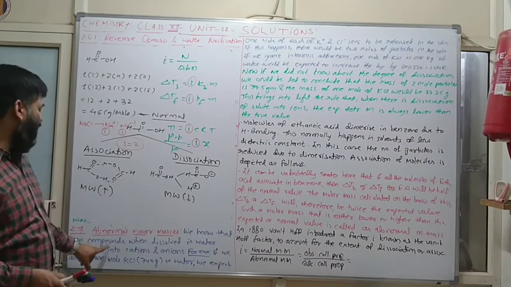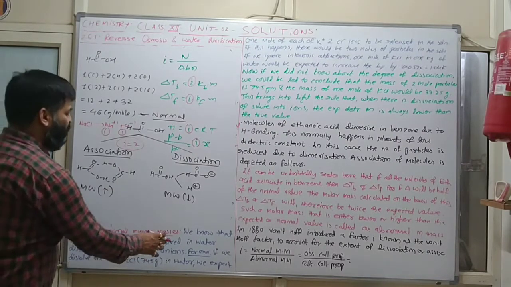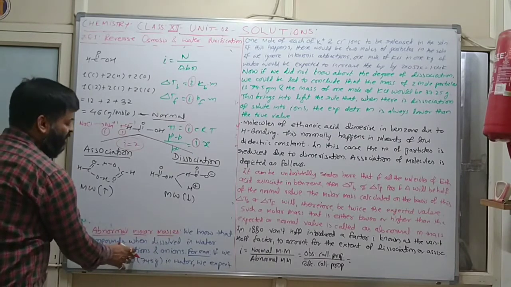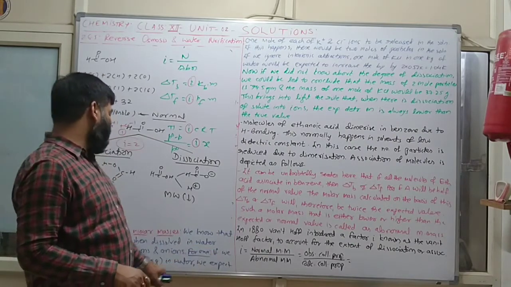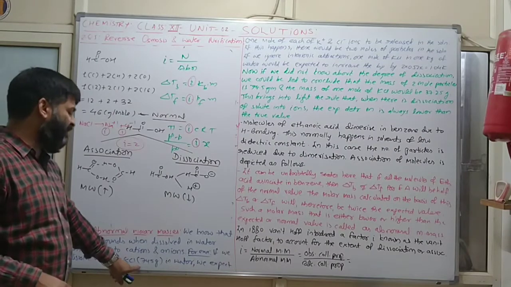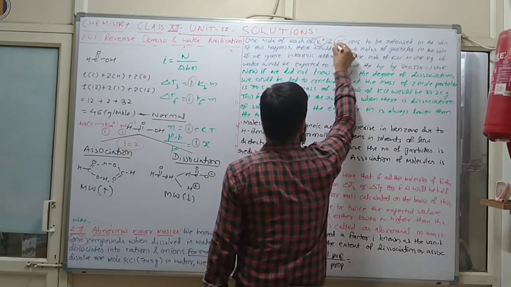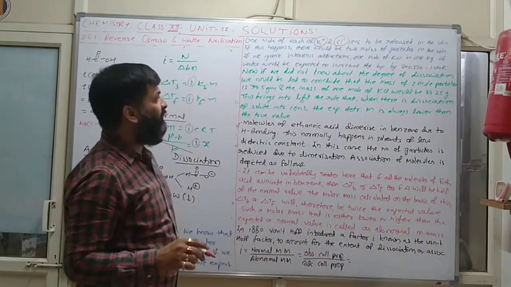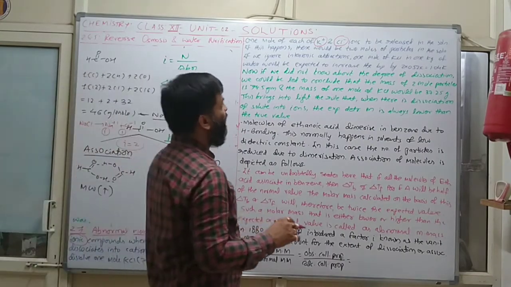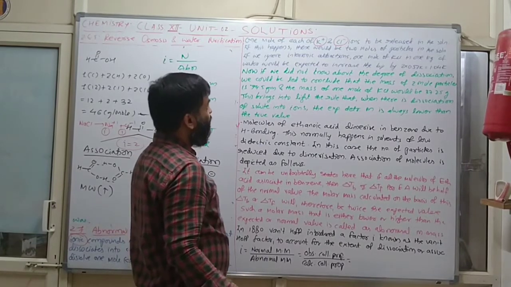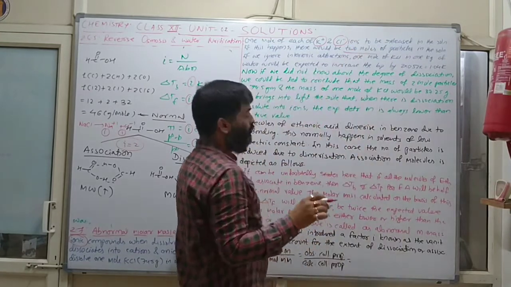So we know that an ionic compound, which compound? The ionic one, when dissolved in water, dissociates into cation and anion. Cation means plus, anion means minus. For example, if we dissolve 1 mole of KCl in water, we expect 1 mole of each cation and anion, K plus and Cl minus ion, to be released in the solution. Whenever we dissolve KCl, 1 mole of K and 1 mole of Cl will come here. If this happens, there would be 2 moles of particles in the solution.